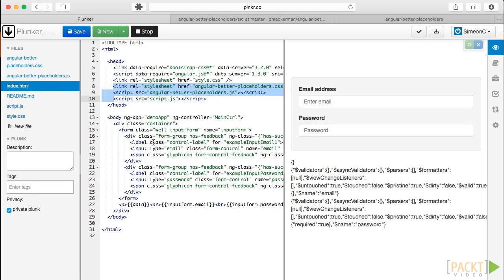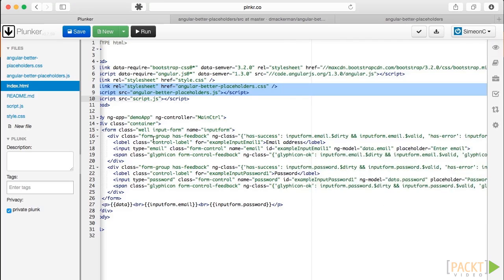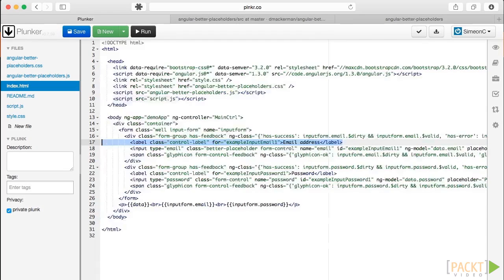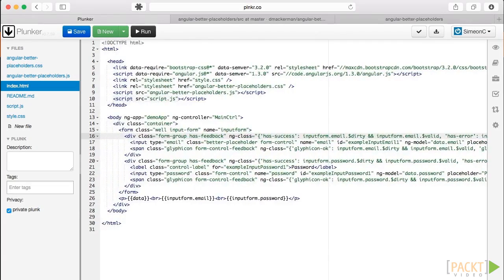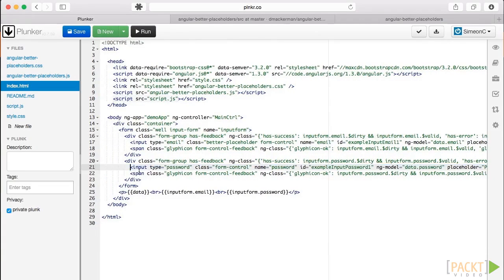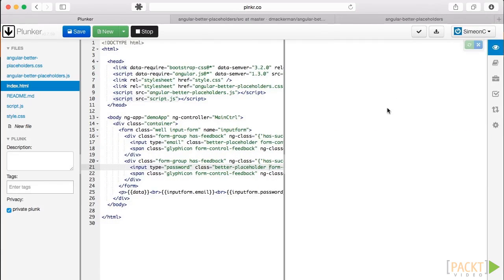Now that we know how the directive is going to be used, let's switch over to the HTML view and use it. Let's find the input fields. Check that they have a placeholder value, and then add the better placeholder class. Next, we want to remove the label tags as they can get in the way here. And I'm going to do the same for the password field. If we look at our page now,